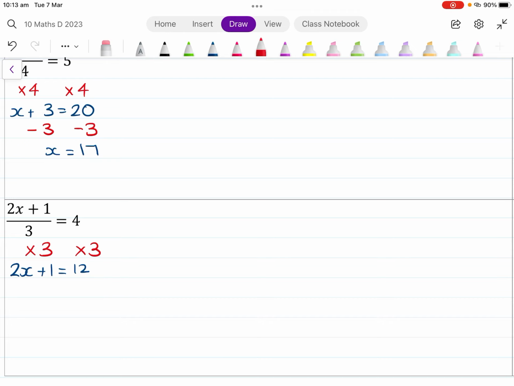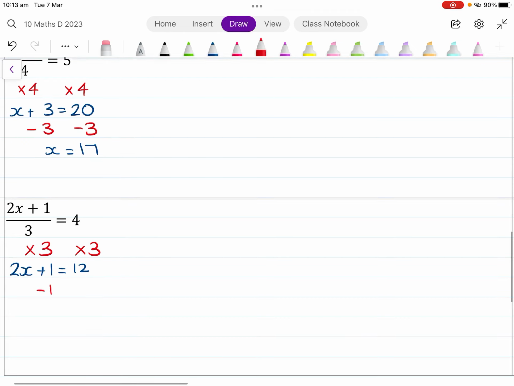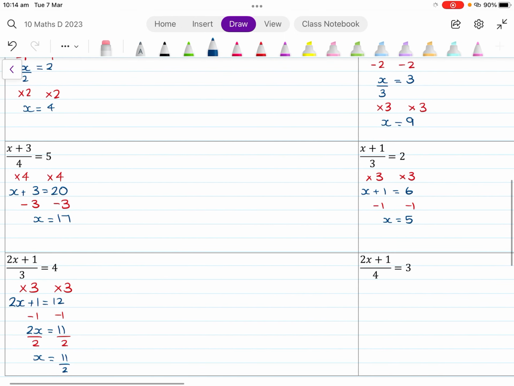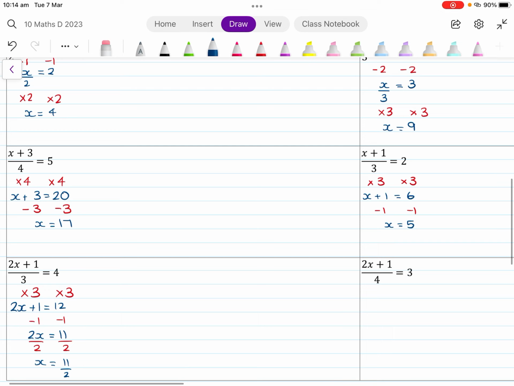We then want to solve the equation by getting rid of the plus 1, so we minus 1 from both sides. This leaves us with 2x equals 11. We then want to divide both sides by that 2, and so we are left with x equals 11 on 2, and we can leave it as an improper fraction. Okay, so you have to copy that down and pause the video and have a go at 2x plus 1,